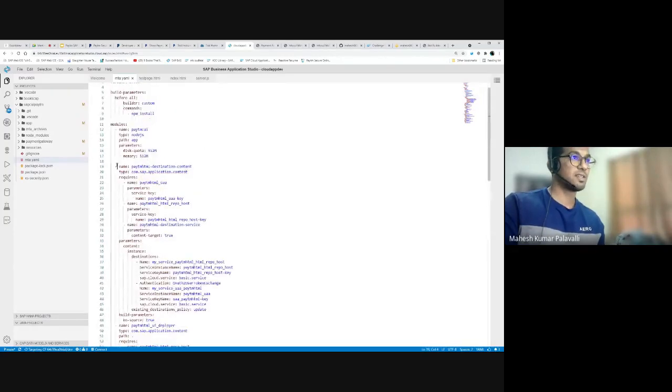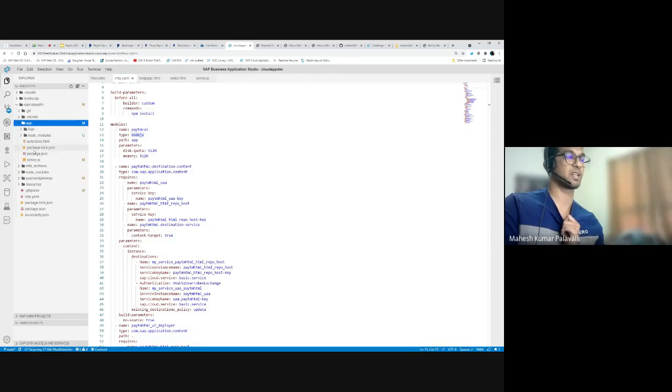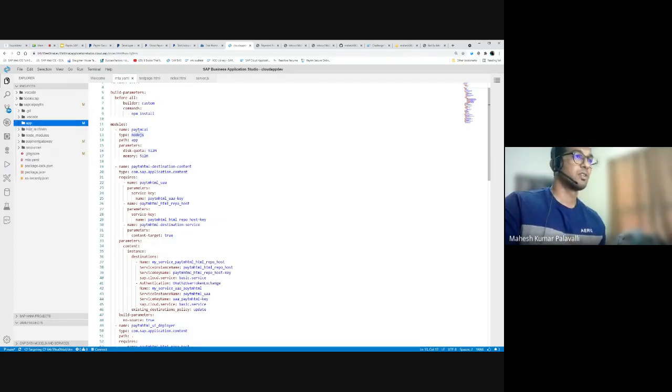One is, you can see here, I'm using Paytm Kai. You see the path is app. So this is an app, right? The name of that in the cloud platform will be shown as Paytm Kai. And this is a Node.js application. Whatever we created here is server.js and package.json. It's a Node.js application. So that is one application. And the second application is my